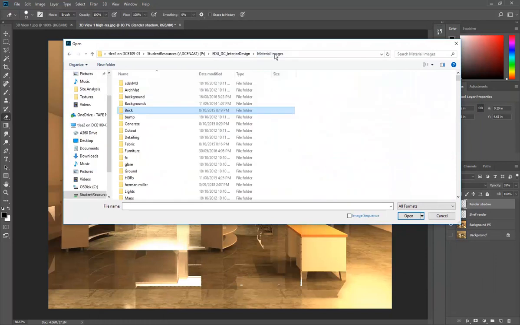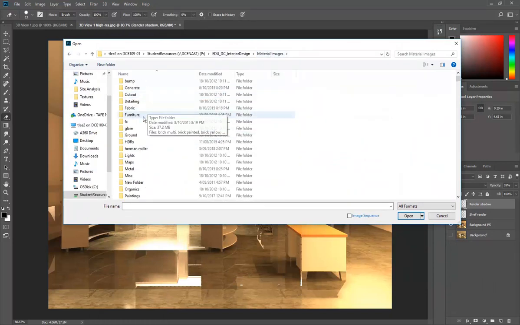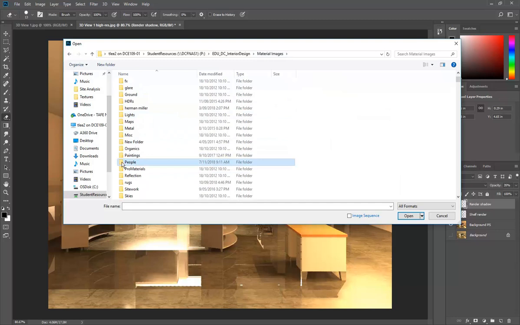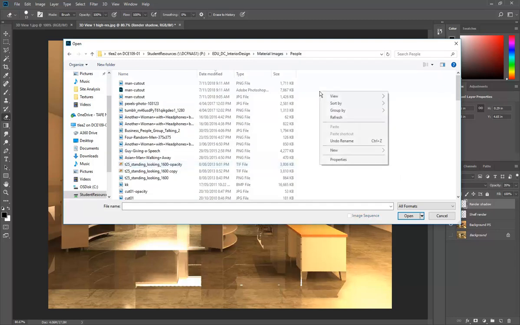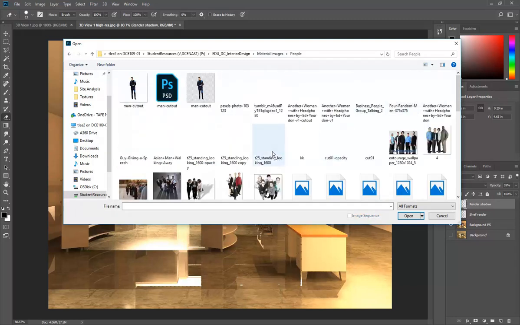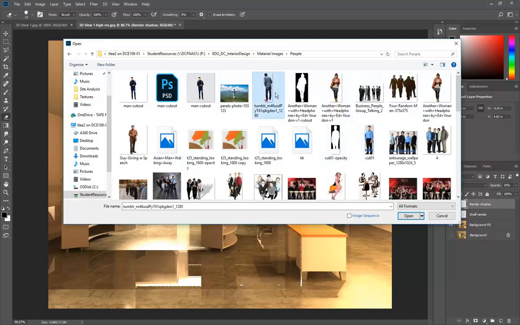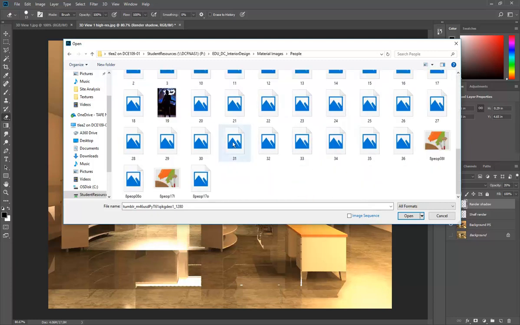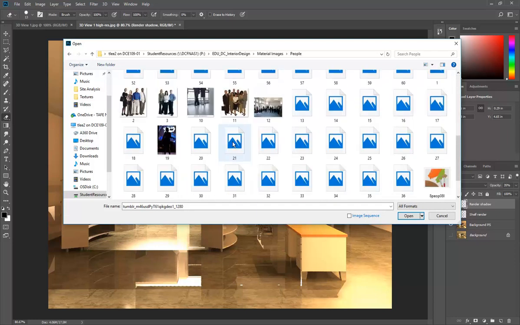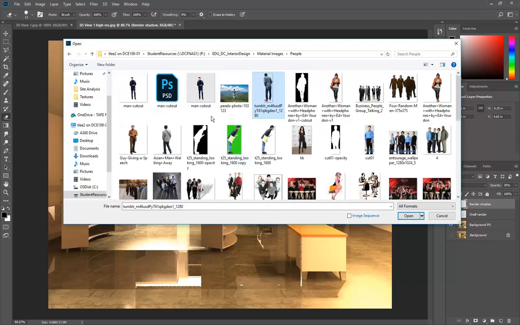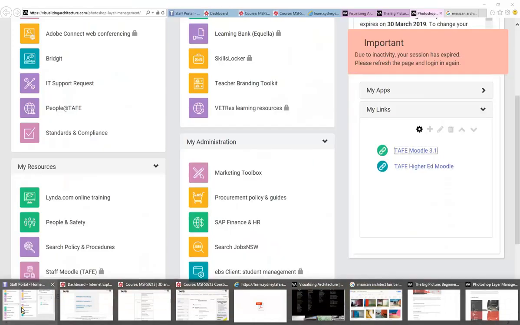But then going back to the material images folder, and then further down there's a people folder. Now it's not the greatest selection of people, but it's enough to get us started. So we've got there some people, some of them are cut out, some are not. And it might seem like there are quite a few there, but that's really nothing. I've got in my own collection in my office 100 times that, and I still end up going and searching for more online all the time. So if you want to do that,